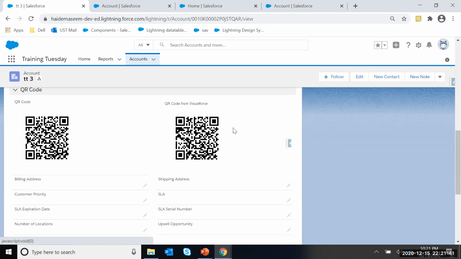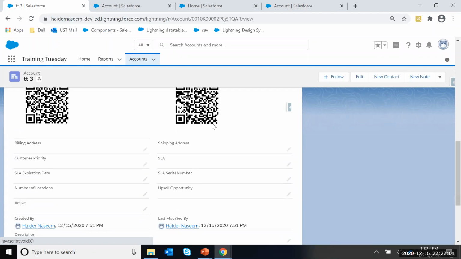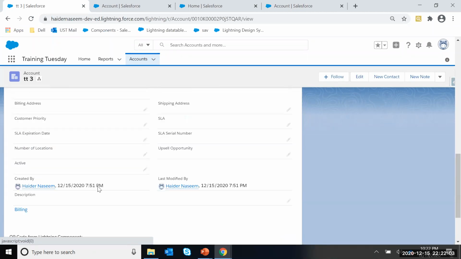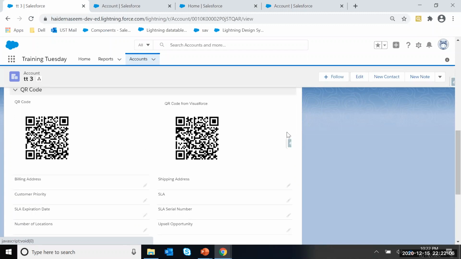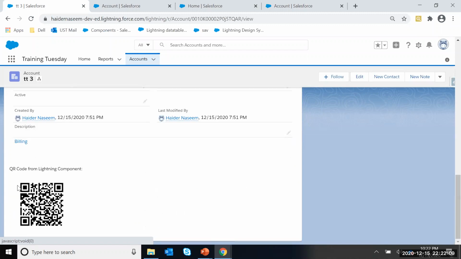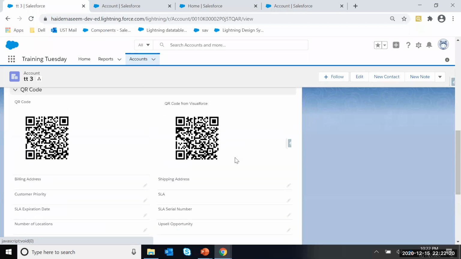And then we saw how we can use the components in which we use the IMG tag or the formula field. First of all, the field we placed on the page layout, and it was rendering fine. And then for the IMG part, we created our IMG link within our Visualforce and also within our Lightning component, and over here, we placed it on the page layout. But of course, if you're using your Lightning component, maybe in a separate standalone application also, it's going to be the same way. So basically, the code remains the same, and you can achieve this very easily.